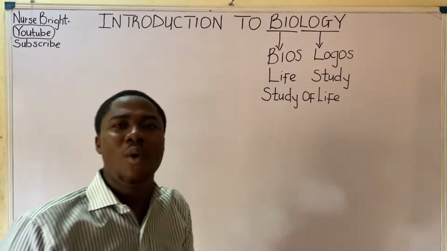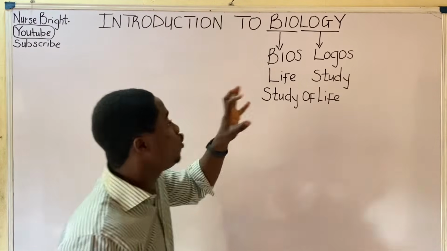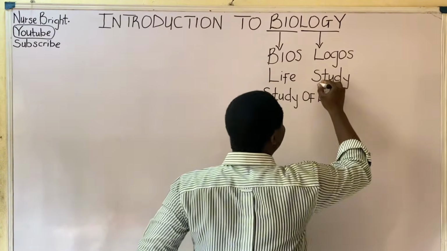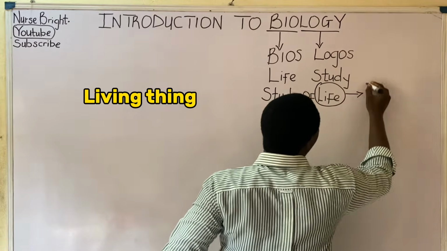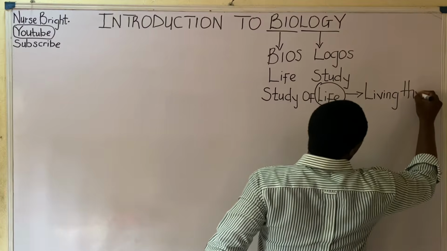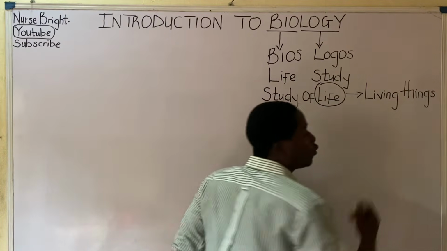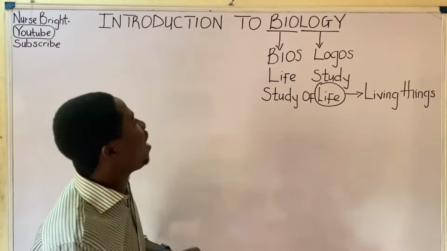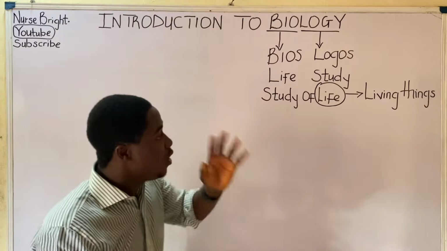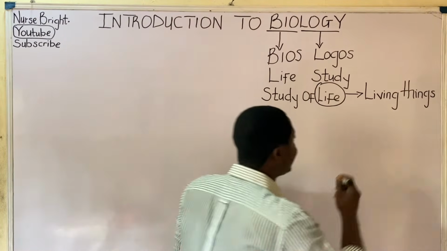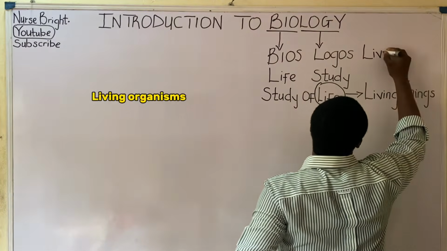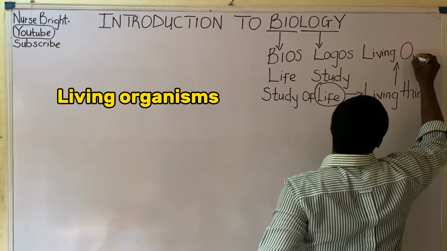Now this must be noted. Now remember, when you were in primary school, you were taught that anything that has life in it should be regarded to be called a living thing. Do you understand? You know, we have living things and non-living things. So those that have life in them, they are regarded to be called what? Living things. But when we start studying biology, which is very, very important to us, we don't call them living things, but rather we regard things that have life in them to be called living organisms. Are you getting me now?